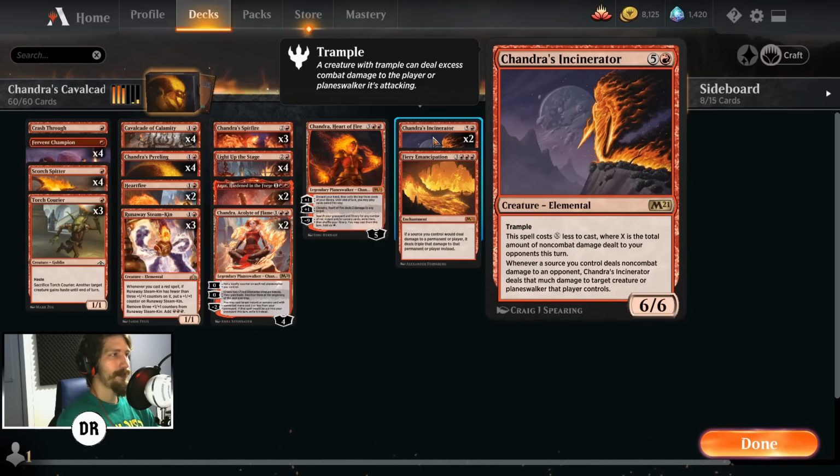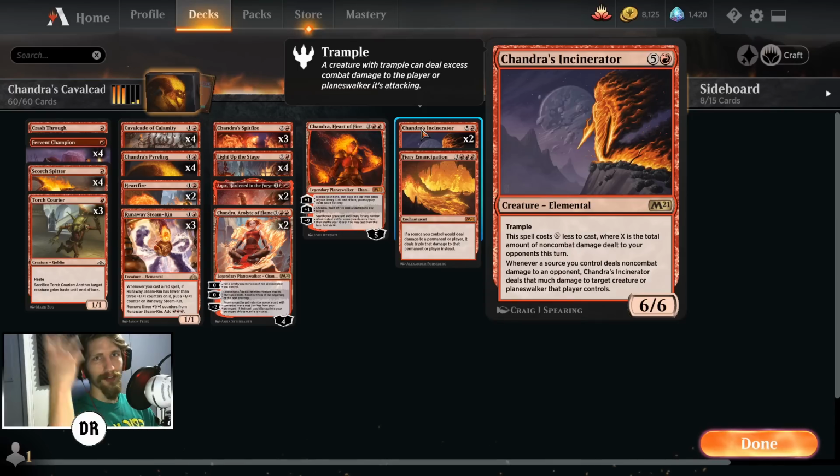And now, granted, this doesn't proc your Cavalcade of Calamity. The nice thing about it is it also reads, whenever a source you control deals non-combat damage to an opponent, Chandra's Incinerator deals that much damage to target creature or planeswalker that player controls. So if you have a Cavalcade of Calamity down and you swing in with all your 1/1s and you have this down, when that Cavalcade of Calamity pings into your opponent, so let's say you had 3 1/1s swing in, right? Ping, ping, ping. It's going to proc this 3 individual times,